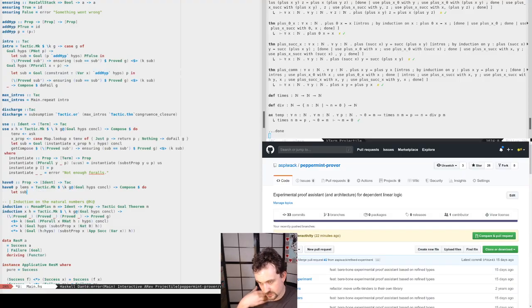Like, we have a side condition, which is goal P colon hyps. So we've added P, and that's the side condition we want.